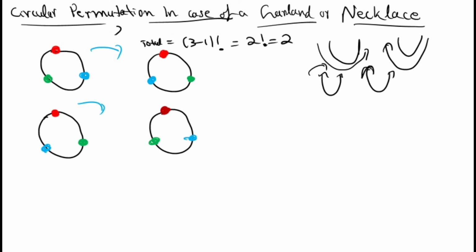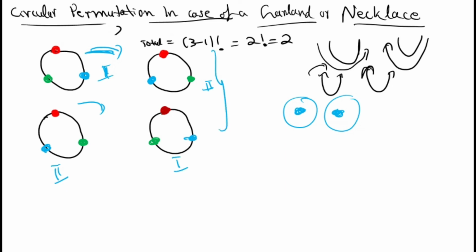We know, right? If you take a bead and flip the bead, that bead remains the same. The position does not change, because you are talking about beads, not persons or other objects. So if you observe, if you flip the first one, what will you get? The second one. Yes or no? If you flip the first one, then this is our second arrangement. Or if you flip the second one, what will you get? You will get the first one only. Since we can wear a necklace in direct position or flip it and wear it, that gives only one arrangement. So in the case of a necklace or garland, if n objects are given,